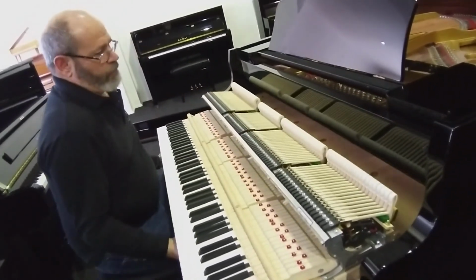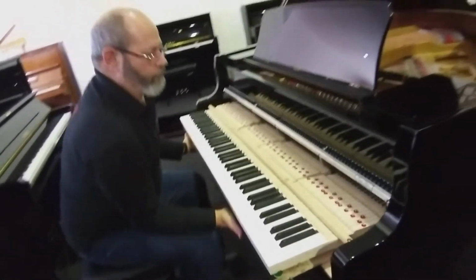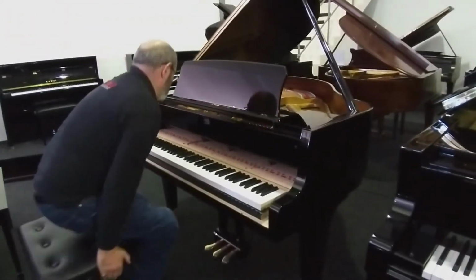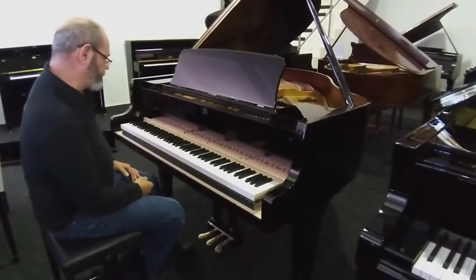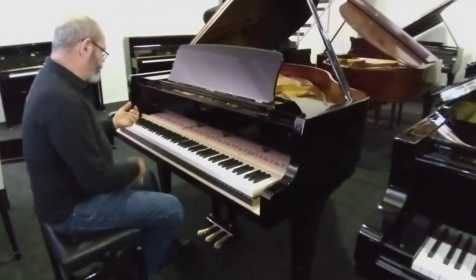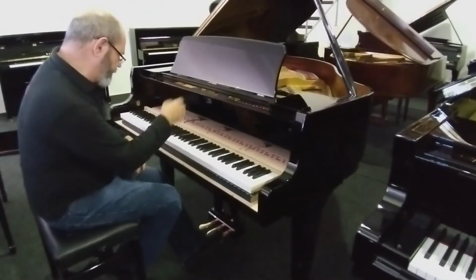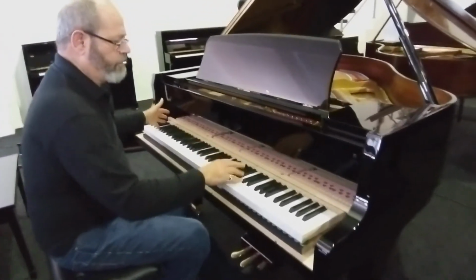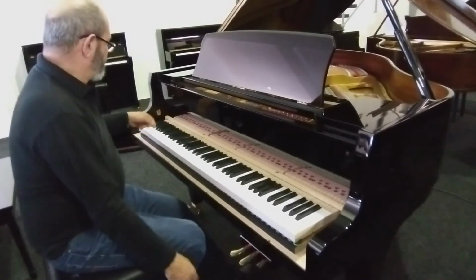So absolutely top quality mechanism, very well designed piano, well built, lots of handwork still goes into these pianos, and we'll do a little clip just now, but the intrinsic character of the piano, the range,